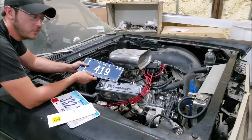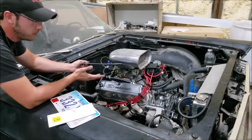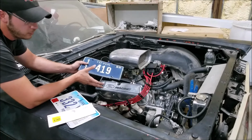I want to make a very brief video about classic license plates. So this is my license plate here for my 65 Galaxy that I used to run back in the day. Now it's sat for 4 or 5 years, and I finally got another engine in it and everything's squared away. So we're going to get it back on the road here very soon, and I want everything